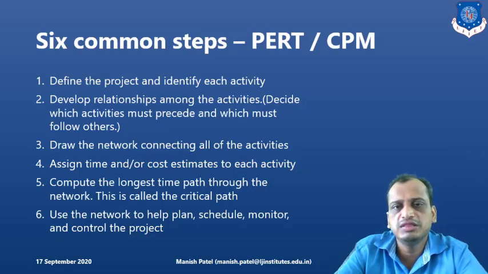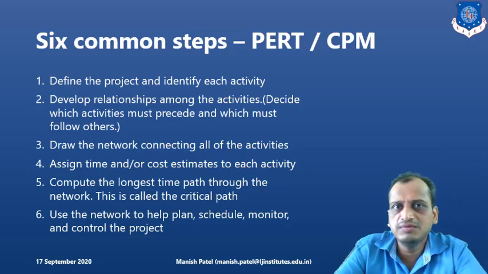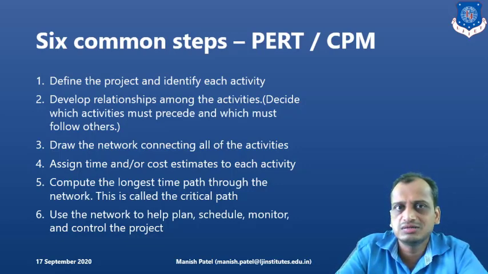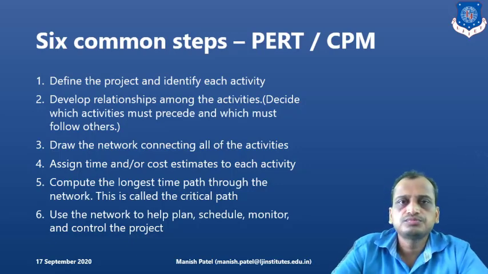The first one is we have to define the project. Beforehand, we have to define the different activities which are involved in the project. We will define them, and then we will try to define the dependence, or you can say which activity is the predecessor and which activity is the successor, right? We will try to find out the relationship between the activities. Why? Because based on this relationship, we will try to draw the network diagram. In recent cases, software is available. We can use the software, but in our lecture series, we will do the manual calculation by hand, right? We'll draw the diagram manually.